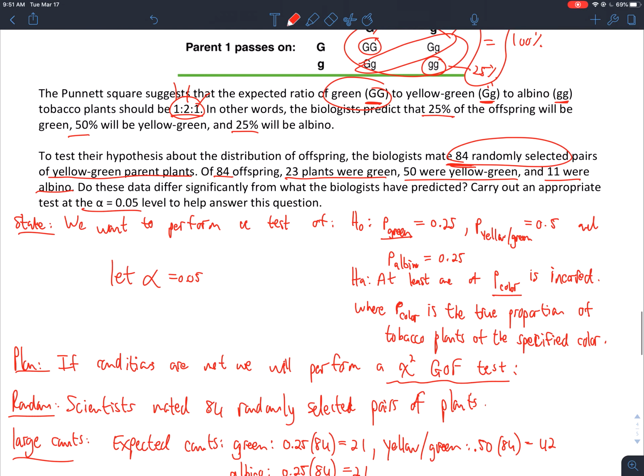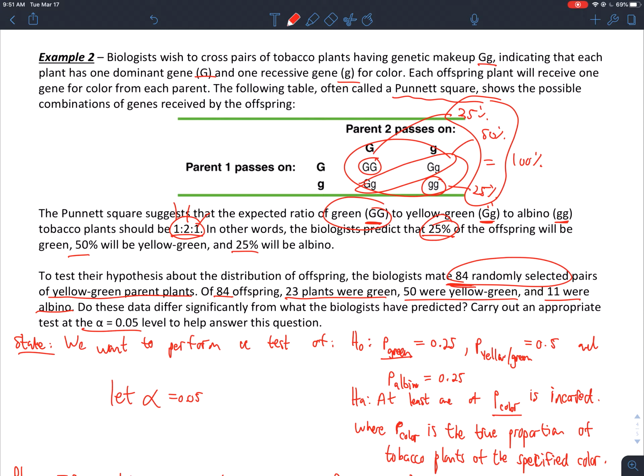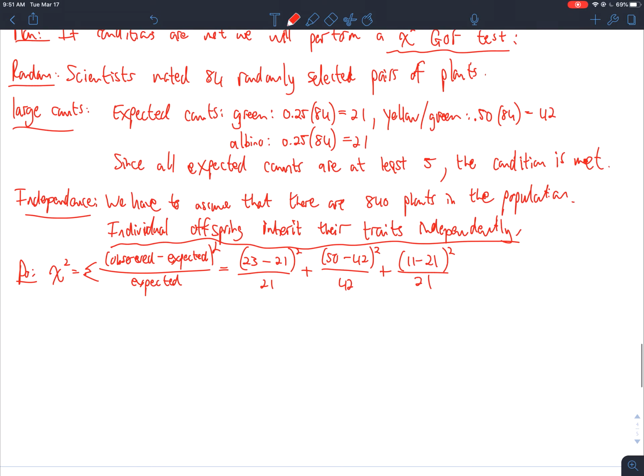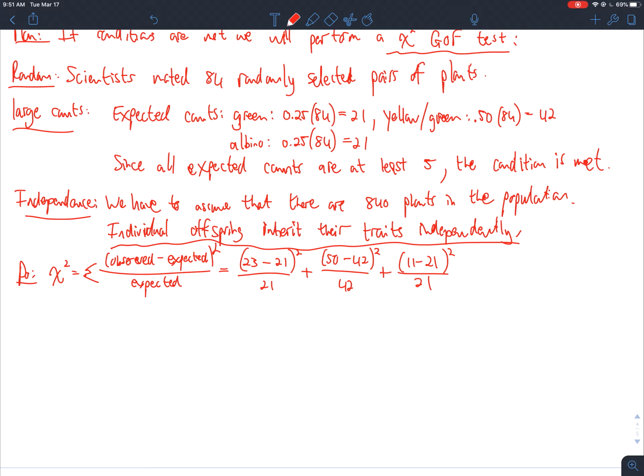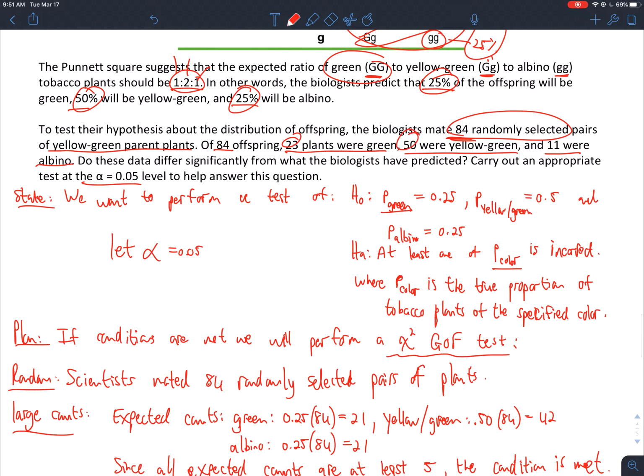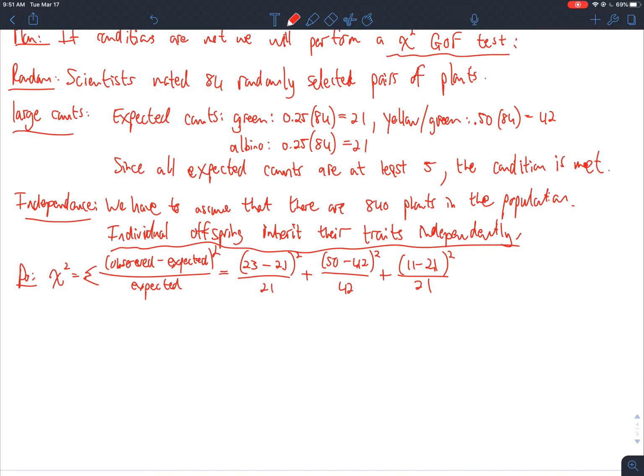Remember, we're coming from these numbers here, okay? So 25%, 50, and 25, those are my claims that led to these expected counts, and the observed counts were 23, 50, and 11, okay? And if you do that math, you get this, 6.476, all right? And if you go on your calculator and do the test, you get a p-value of the probability that chi-squared is greater or equals to 6.476, which is